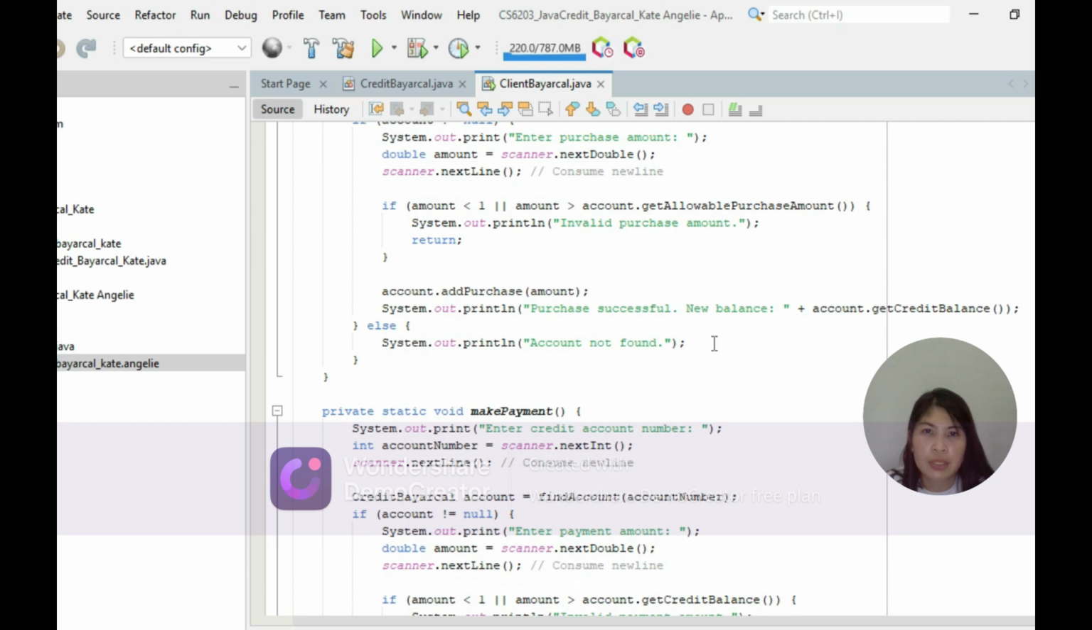So account.purchase(amount); System.out.println("Purchase successful, new balance"). So if the amount was entered properly, it will pop up purchase successful and then reflect the new balance of your credit account. So System.out.println("Purchase successful, new balance: " + account.getCreditBalance()); And else, if the account is not found, System.out.println("Account not found");